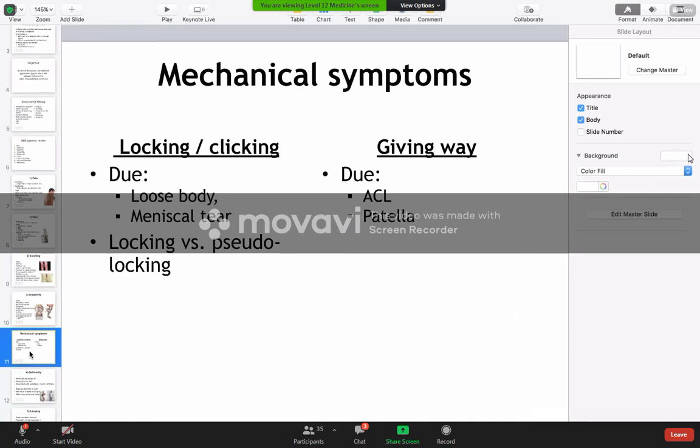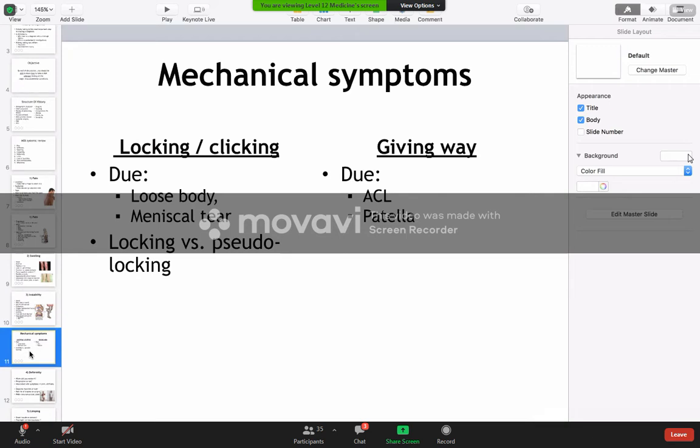So mechanical symptoms. What do we mean by mechanical symptoms? It means with the mechanical movement, patient will complain of some symptoms, either pain, instability, locking, clicking. So if you have locking and clicking with motion of the joint, usually there's a loose body or meniscal tear. And there's a difference between locking and pseudo-locking. Locking is when there is something blocking the joint from movement, while pseudo-locking is when there's just a sense of locking, but